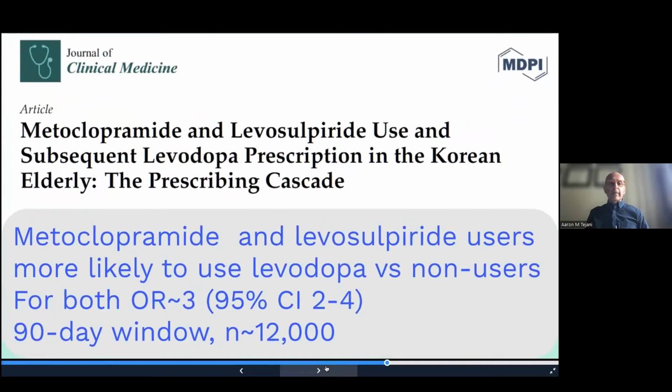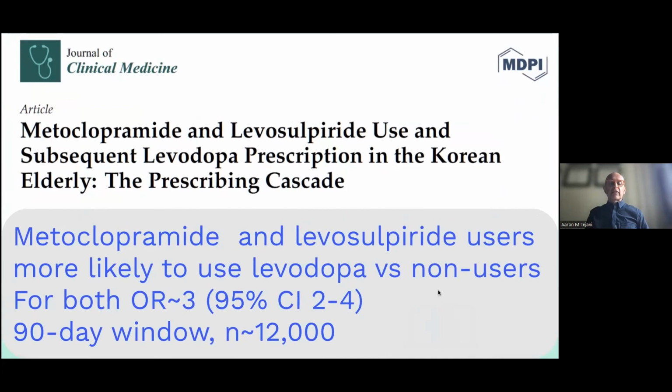And then one more paper looking at metoclopramide and levosulpiride use in subsequent levodopa prescription in a population of Korean elderly patients. Metoclopramide and levosulpiride users were more likely to receive levodopa prescriptions versus non-users. For both drugs, odds ratios were around 3 in a 90-day window, and around 12,000 people were examined